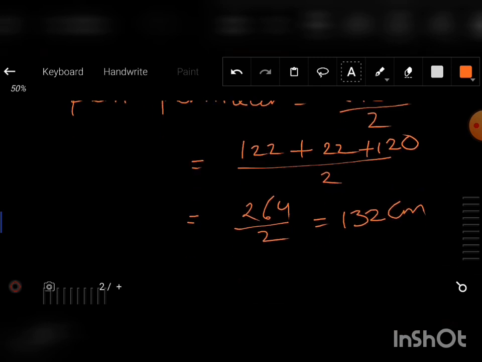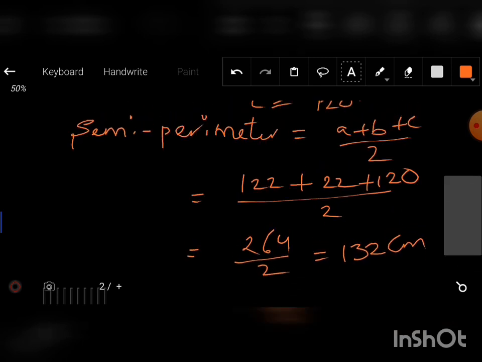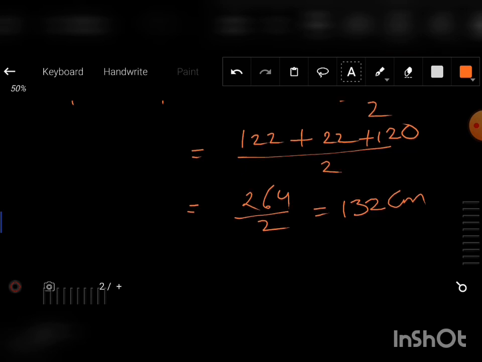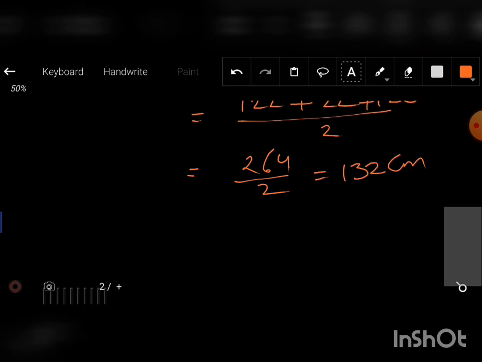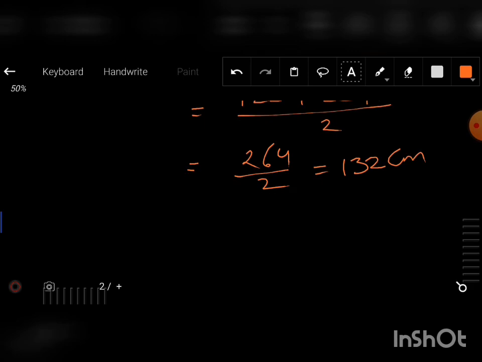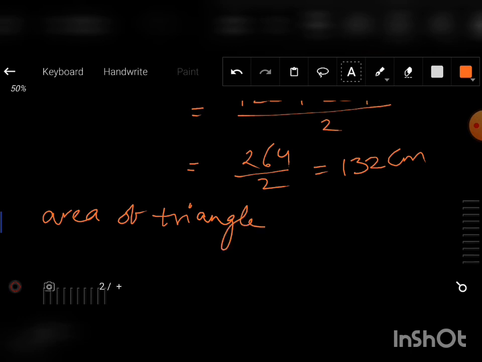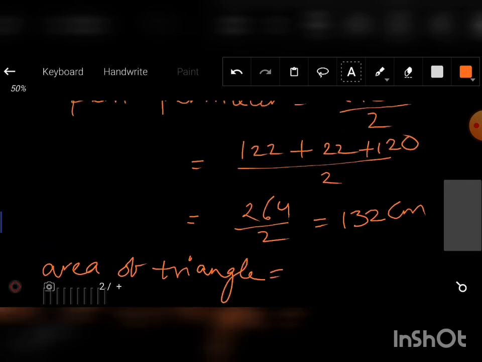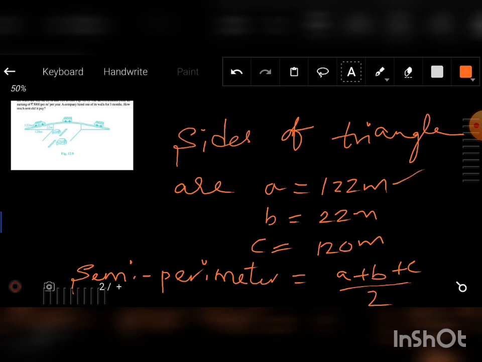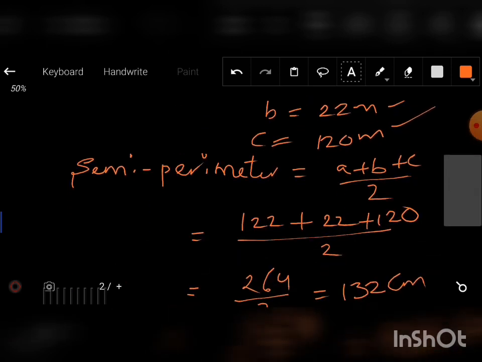That means the semi-perimeter of the triangular region is 132 meters. Now let us find out the area of the triangle. Area of the triangle equal to, we know its formula. As the sides are all different, we'll consider this triangle as a scalene triangle, and the area